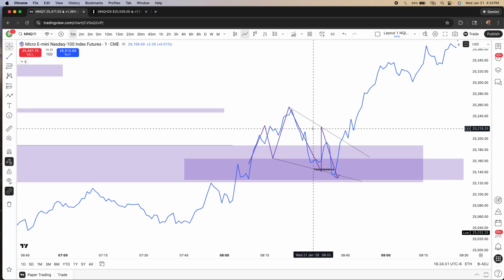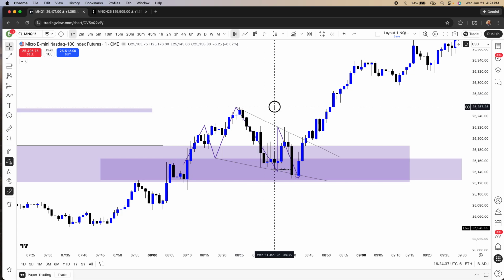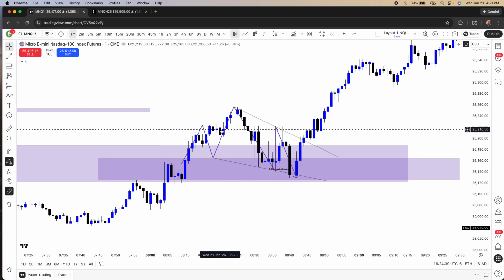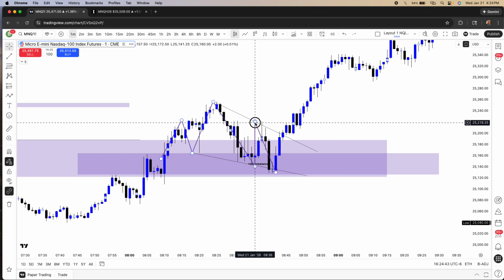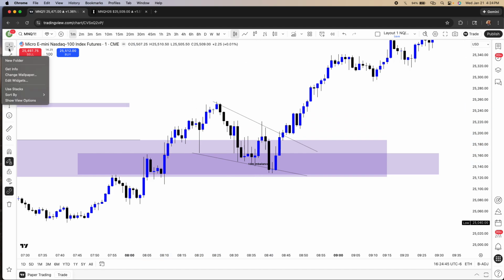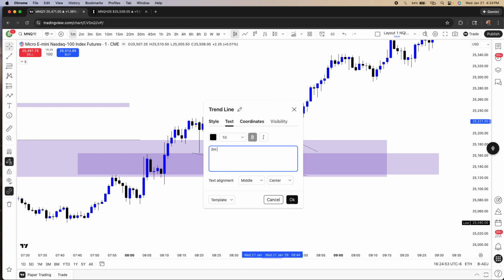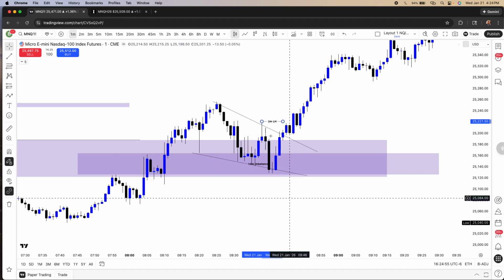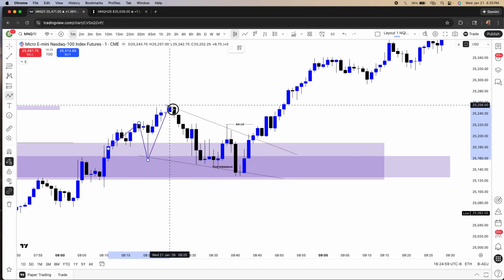That looks debatable. So anyway, we can go to this and you can see this was the structure. So this is my 3 minute high that we want to see broken before we really want to look for buys. But I got in a little bit early. 3 minute lower high. So we were traveling back down in this 3 minute structure.